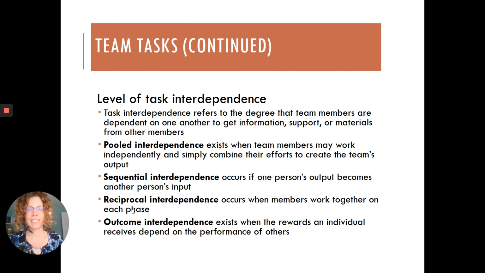What you don't want to do is assume, for example, that ideally what should be happening is pooled interdependence. We'll all go off and do our own thing, and then somebody will pull it together at the end when, let's say, what should have been happening was reciprocal interdependence. I see this a lot with student projects where they're working on a major paper or presentation, and people will think, well, I'll go off and do mine, I'll go off and do mine, and somebody will just pull it together. And what you end up with is a paper that has 4 or 5 different voices, repetition, some things that are not explained well, all because the team hasn't handled things as they should,